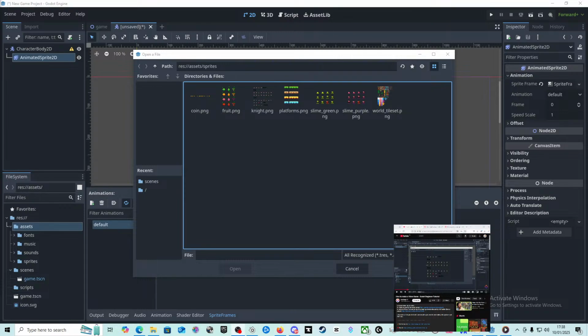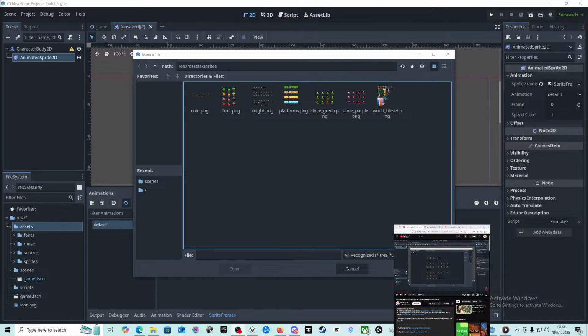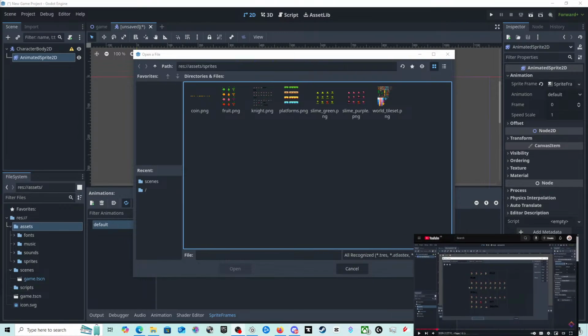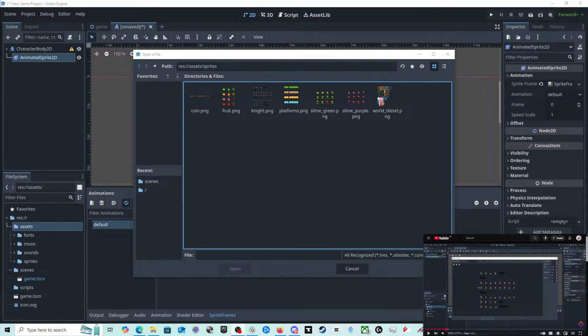Let's just see if we can sort this layout a little bit better for you lot. That looks a little better.